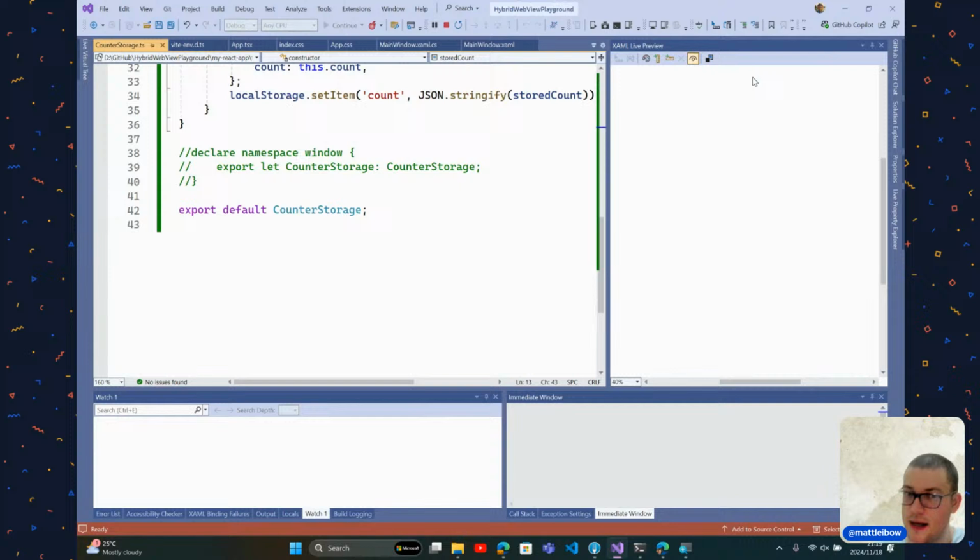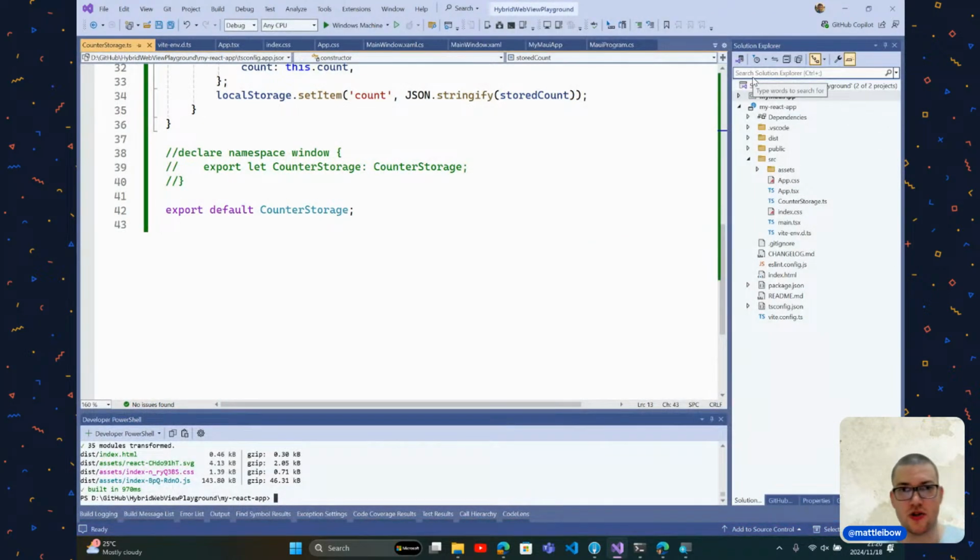But the trick is that is just browser state. So if I was to install it on an app, on a device, and then uninstall it and then reinstall it, I wouldn't have that count because it's not backed up. So how do we back this bad boy up? Well,